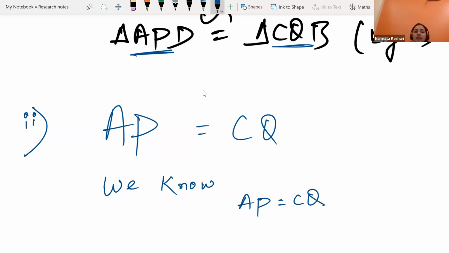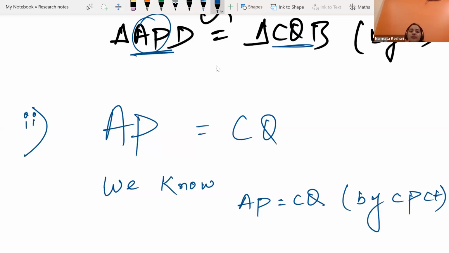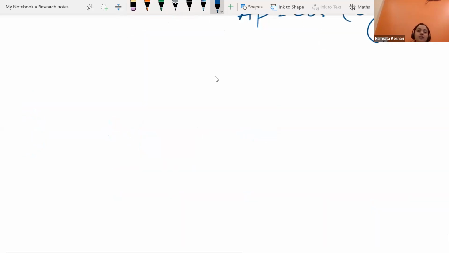Can we say that AP over here is equal to CQ over there? Yes. By CPCT, we are done. Part 2 also we are done. Part 3 is also there, which says to prove that